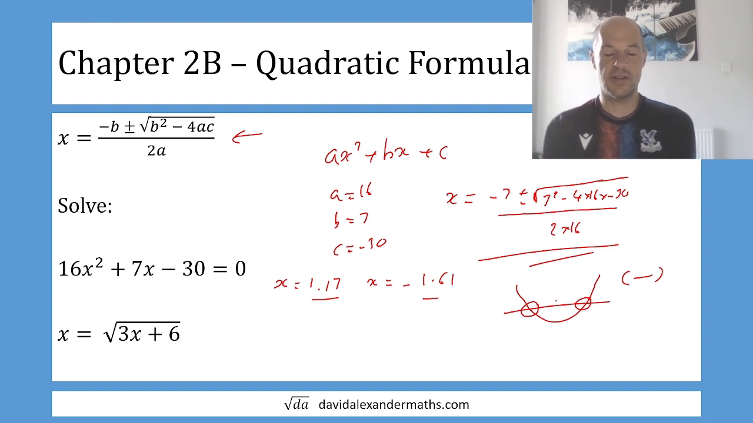Incidentally, on the calculator, if you hit equals again, you'll get minus 7 over 32. That is the x coordinate of the turning point. And if you press equals after that, you'll get minus 1969 over 64, and that's the y coordinate of the